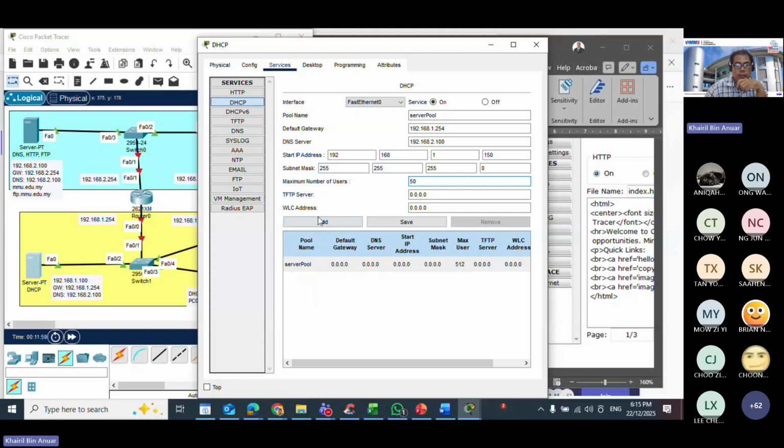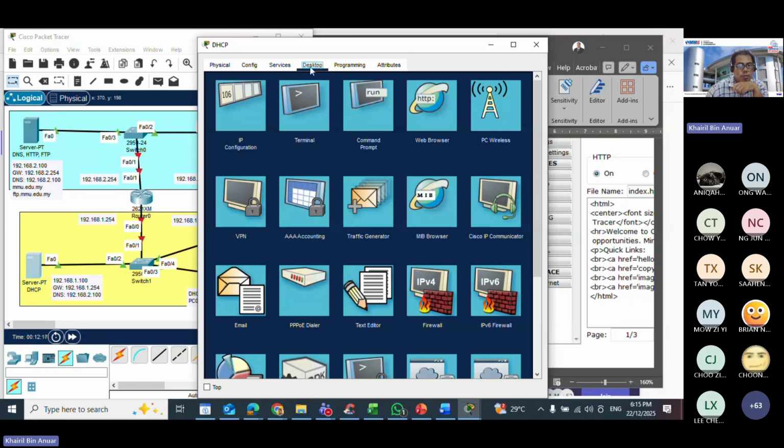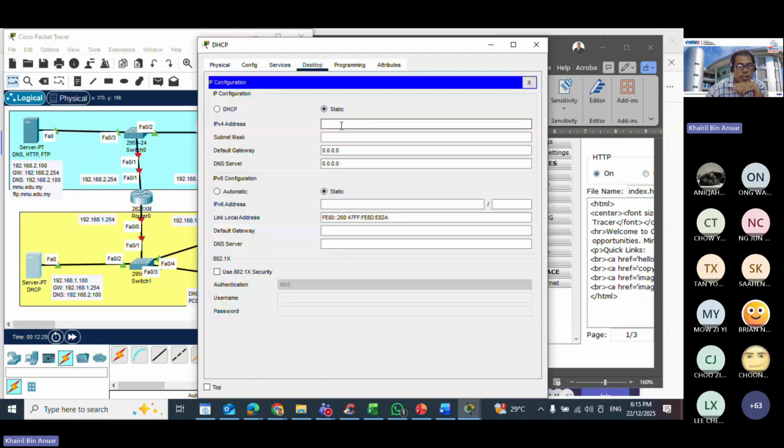TFTP server we don't have. Okay, so you save because you have selected this just now. Once you save, you see that this one will also be updated. Okay, so for your server, oh, before that, actually you need to configure the IP address. So go to desktop, IP configuration. So the IP address will be 192.168.1.100.